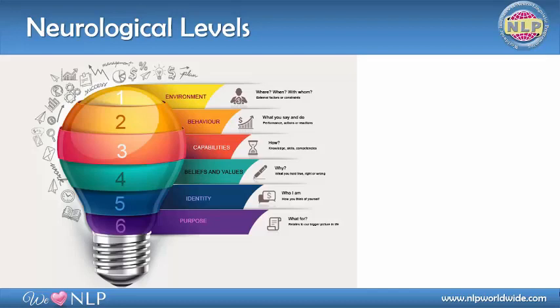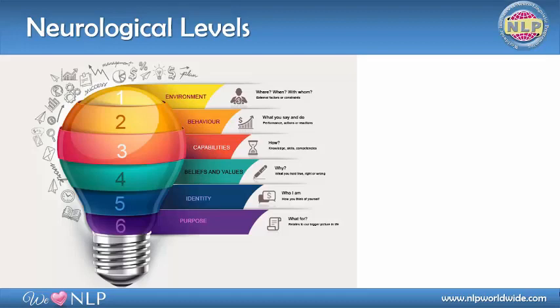So let's take a little bit more in-depth look at each of these neurological levels, because each of these neurological levels looks at something different than the other. At the bottom, which is actually the top of the light globe here, we have the environment. The questions that go with that, or the concepts, are where, when, and with whom. So I might have an environment of home, or I might have an environment of work, and it's also the with whom I'm there with, because I might have different behaviors and capabilities and beliefs and identity if I'm at home by myself versus if I'm home and my family is there. I might have slightly different